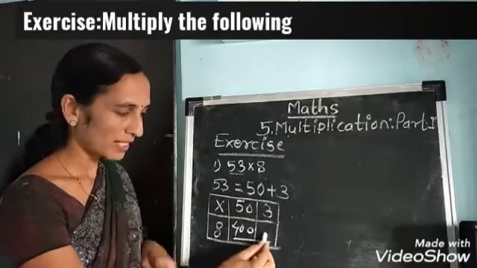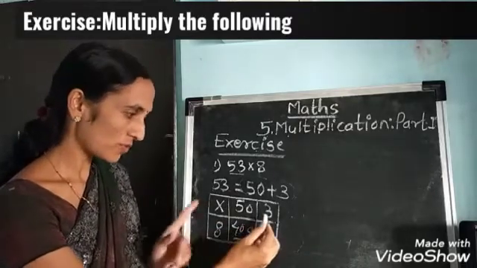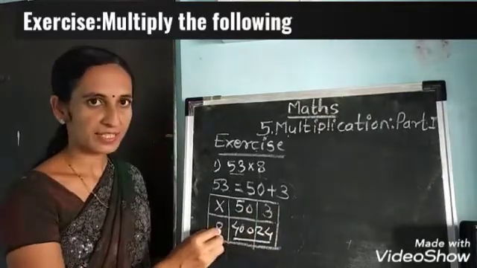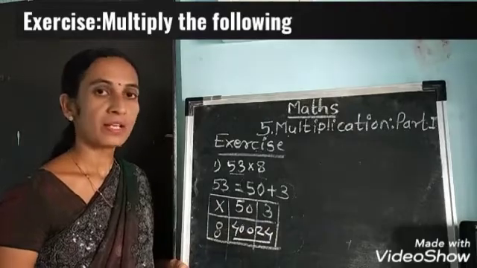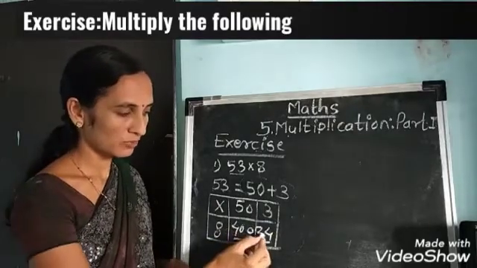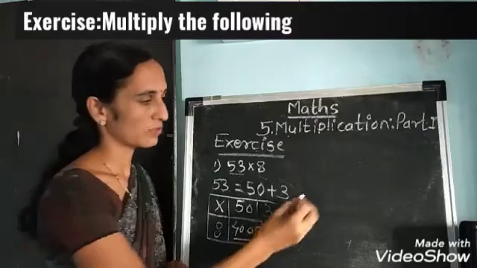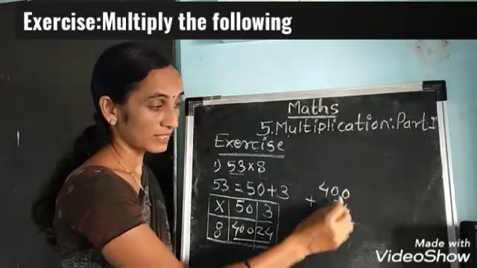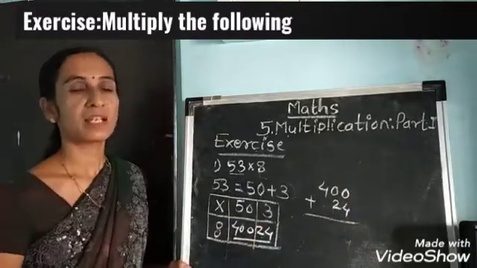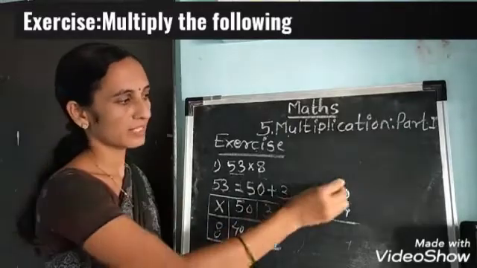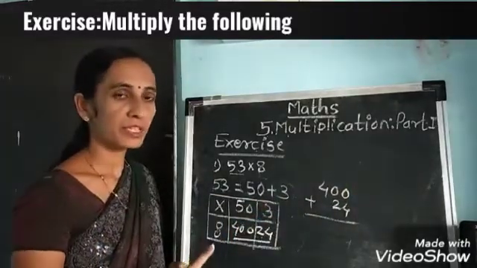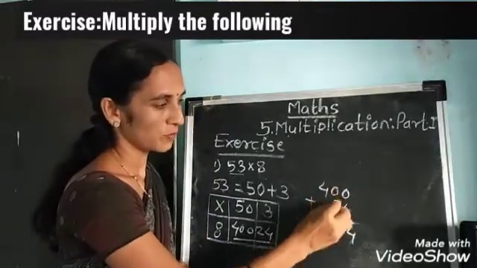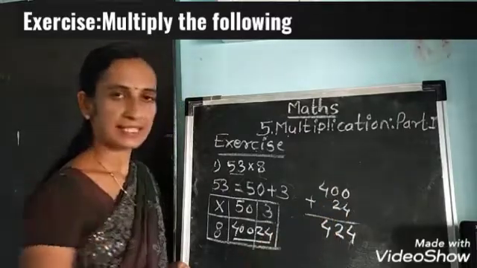Got? Now I wanted to find the answer of this box, so go straight. 3 8s are 24. Is there 0 in both boxes? No 0, so don't give 0 here. Now which two boxes will I add? 1, 2. I have to add these two numbers to get the answer. 400 plus 24. See, write down the numbers properly. If you don't want to make the columns for addition, no need to make. But you have to put the numbers in proper places. Okay. 0 plus 4, 4. 0 plus 2, 2. 4 will be as it is down.